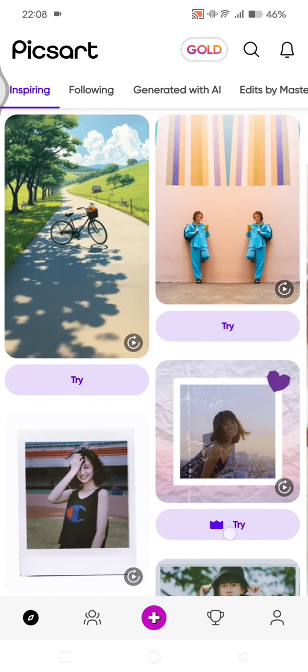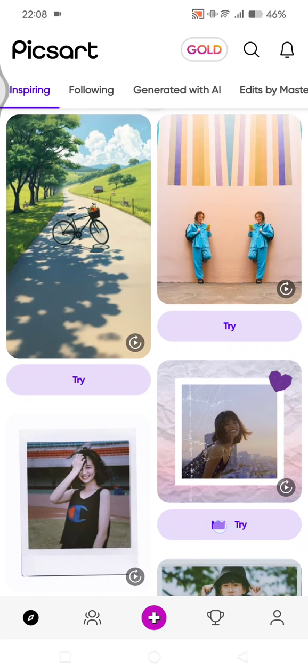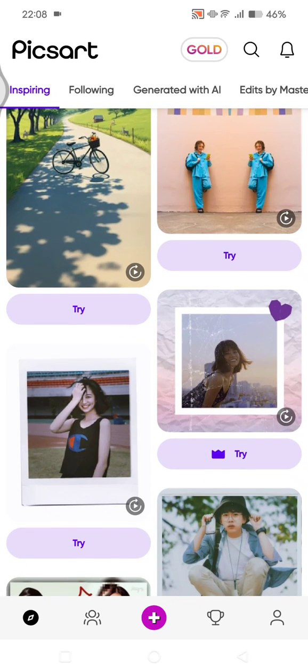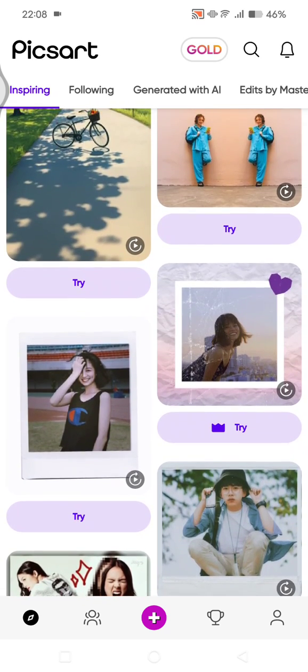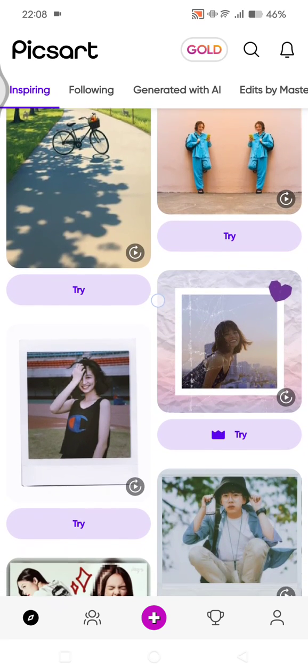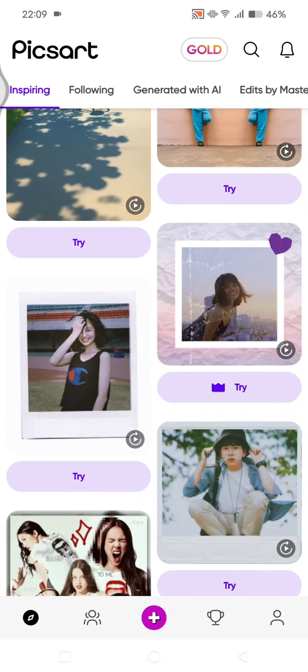But if you find this crown icon, that means the editing uses the Pro features on the process. So if you want to use or recreate this one, you need to join or subscribe to Picsart Pro first. And in here on the second page, there will be this